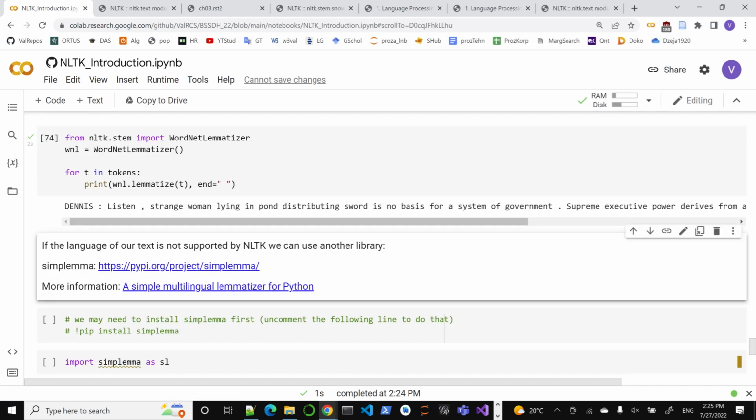But what can we do if the language of our text is not supported by NLTK? Thankfully, there are other libraries that can help us, and one of them is called Simplemma. There's a link in the